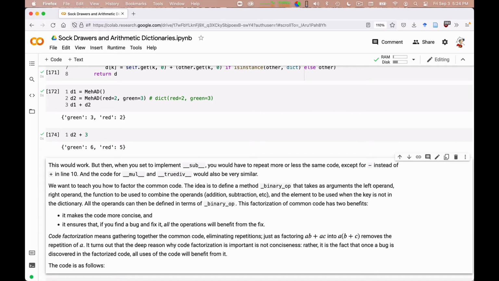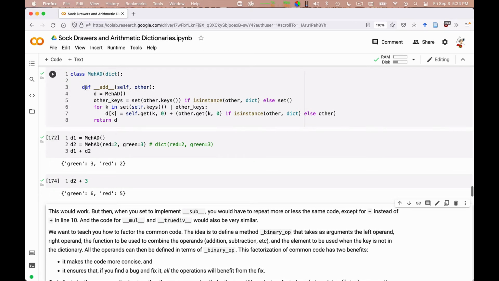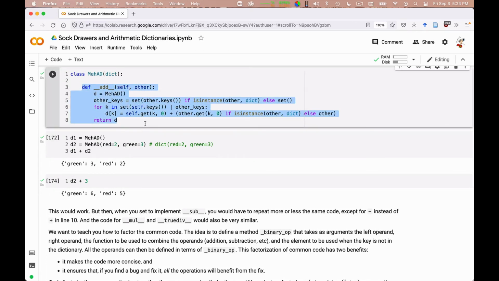Okay, so this works. Now, what is not so nice about this implementation is the following. Look at all the code we wrote for add. What is really specific to add and not, say, subtract? Well, only these. Okay? And what is specific of these to addition and subtraction and not, say, multiplication? Well, again, just only this sign as well as the neutral elements. So if I write code in this way, I will have a lot of repeated code. The code for add, subtract, multiply, divide will look very similar.